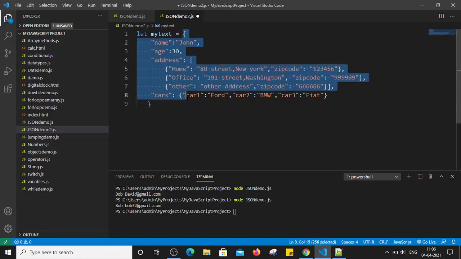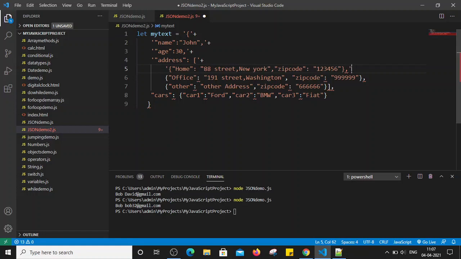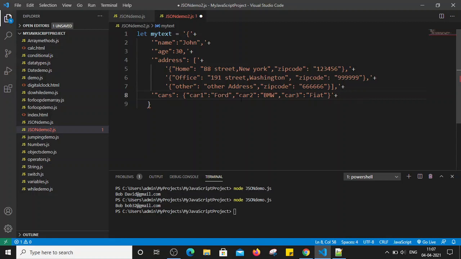This is the JSON format we pasted, and since we are using multiple lines, we have to use single quotes and a plus symbol at the end of each line.